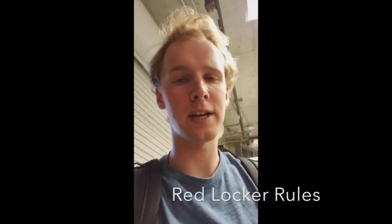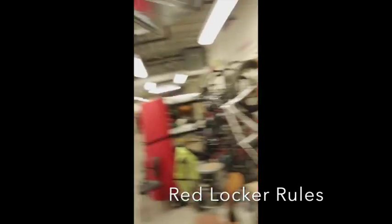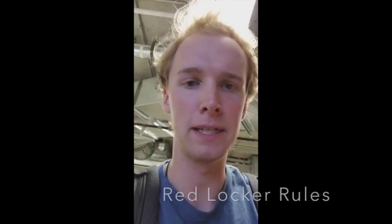The next set of rules we're going to talk about has to do with the red locker, located right here in the front of the boathouse, or by the big door. It has two sides. One side is strictly for Outdoor UW use. The other side is for general purpose use. Any of the Hoofer clubs or Outdoor UW can use this. Inside the red locker that anyone can access is an AED, which is just a defibrillator, a fire extinguisher, and